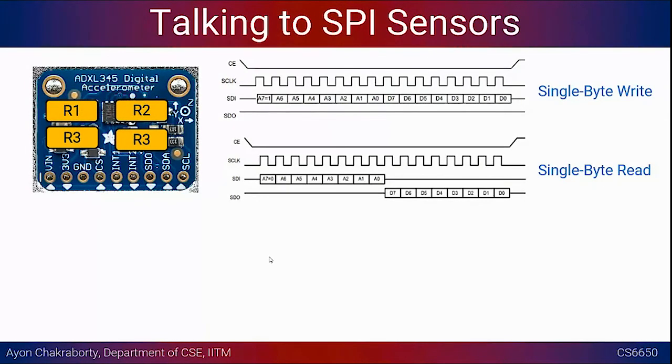Okay, so here, as I was telling you, it could be a more sophisticated sensor, for example, an accelerometer or something like a GPS. They will also have registers inside them, and those need to be configured, right? One way this is achieved is you send an address. If you want to write to or read from a certain register inside the device, you send the address, and then you send the data that you need to write at that address, or read from that address.